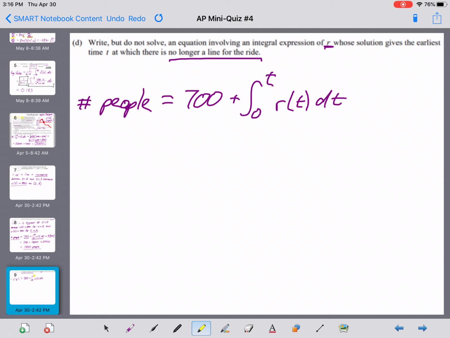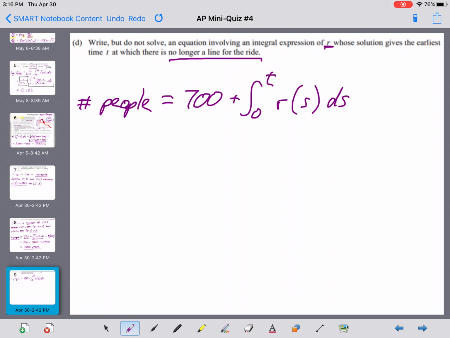So you will see them with some frequency simply change the variable. Instead of r of t, you could pick any other letter that you wanted to use. Now, I think in their scoring standards, they did an r of s, but it makes absolutely no difference whatsoever. So this integral from 0 to t of r of s ds